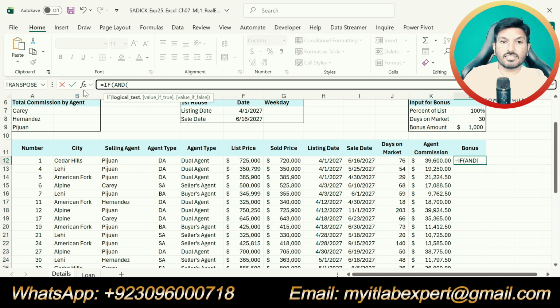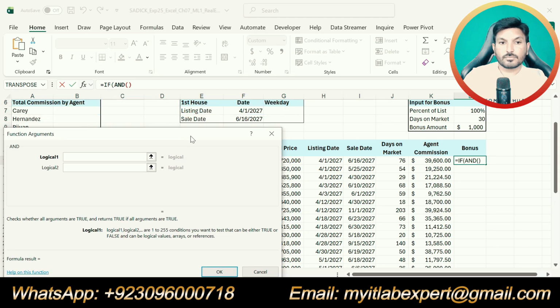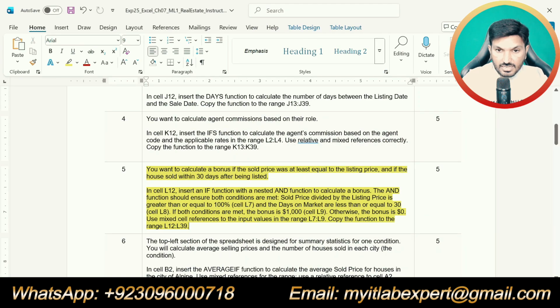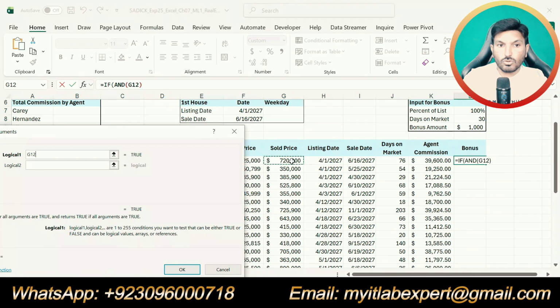Now click this AND function and enter the function arguments. Our logical test 1 is sold price divided by the listing price.